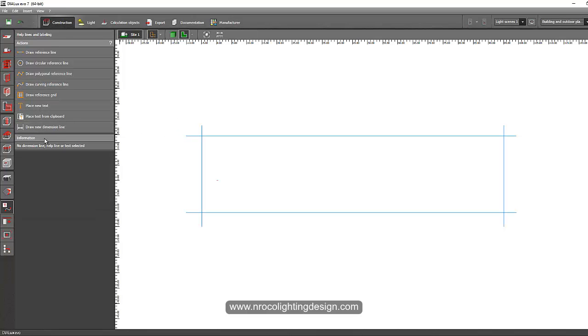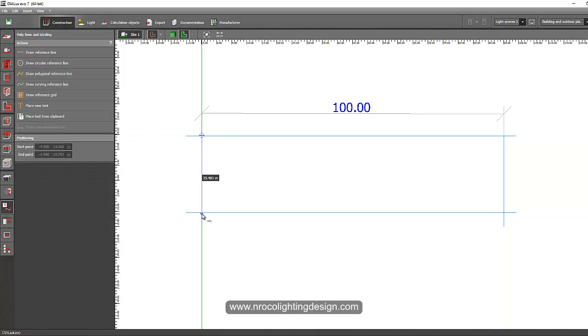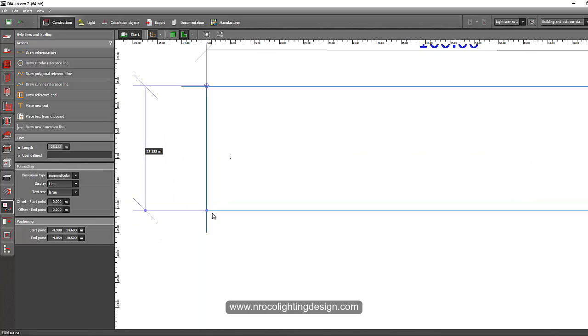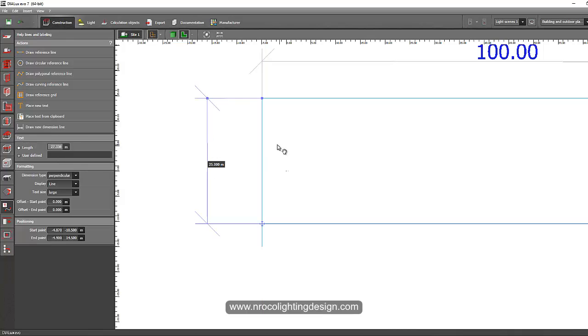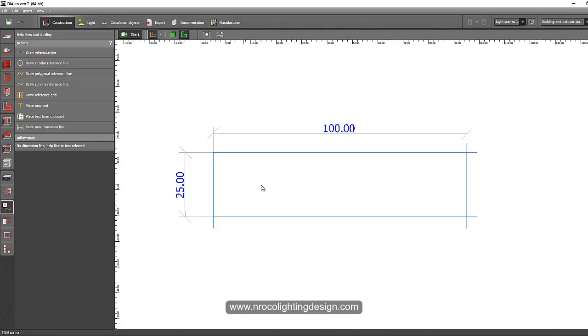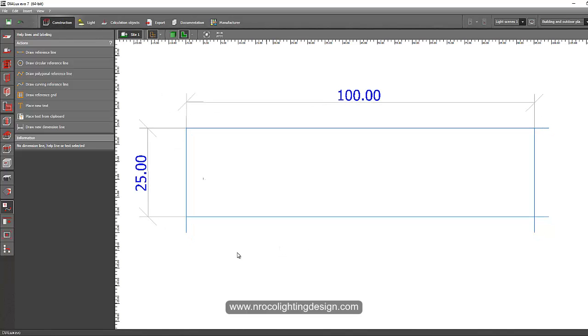You can go and create a dimension line for that to double check it. Yes, so this is 100 meters by 25. Now I have here a 25 by 100 meter area, and we will run a calculation for this area for a seaport.